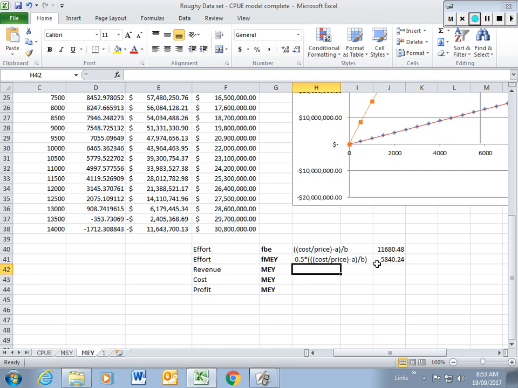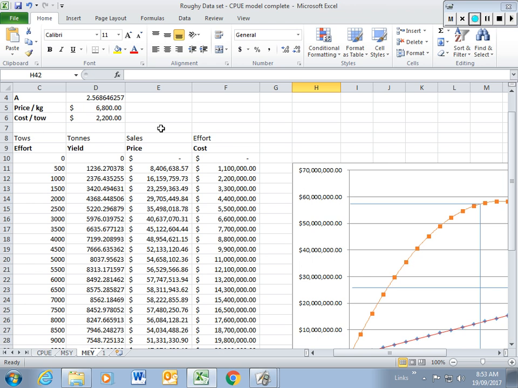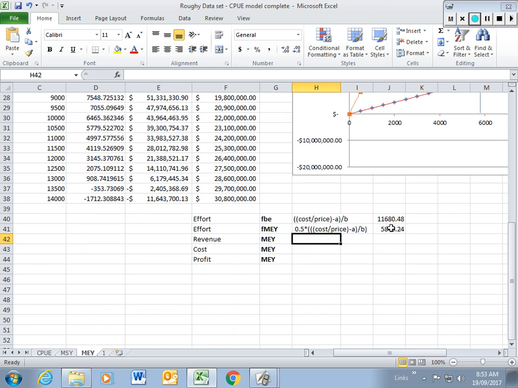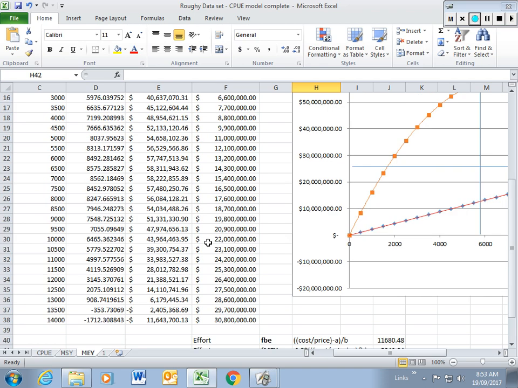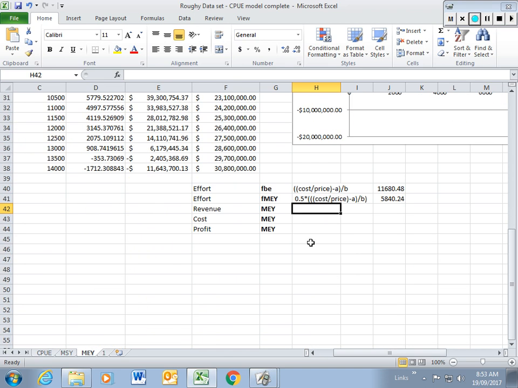and it's not what I initially started doing, where I was going to take this price up here and then apply it to this number down here. Then I had a look at it for a second and went, well, I can't apply the price to the effort, right? Because the price is related to the volume or the yield that we're talking about. So I've just gone off and had a look at the formula, and the formula is